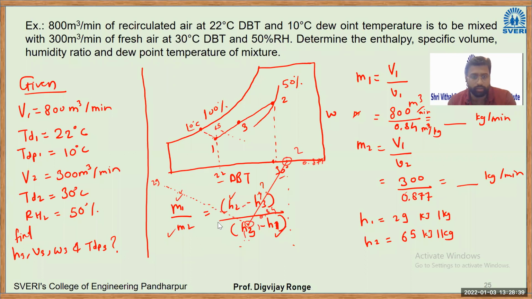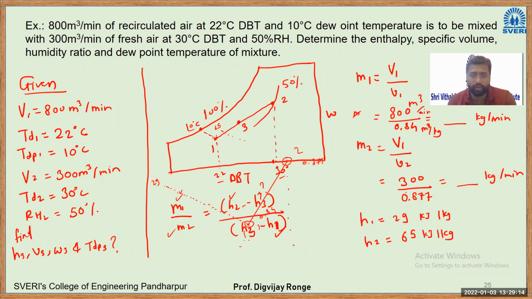Others also calculate. Don't just sit idle. Make best use of this time, right? Because this concept, even if you try to read it from books, you will not get it, or it will take more time to understand. The better you pay attention here. If you're in doubt, kindly ask. And if possible, take the printout of the psychrometric chart. Already I have given you the PDF of it. On that you can scribble. Okay, you take 4 to 5 printouts. On that you can scribble as much as you want.